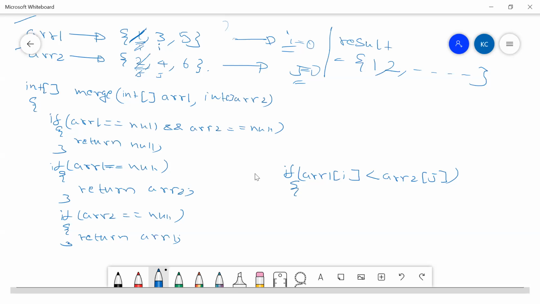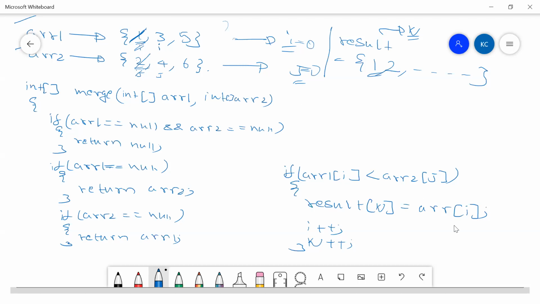Result is starting with K. Let's say result of K is equal to ARR1 of I, right? And I'm incrementing I, I plus plus. Now my result is already filled, so I'll say K plus plus also. Something like this, right?